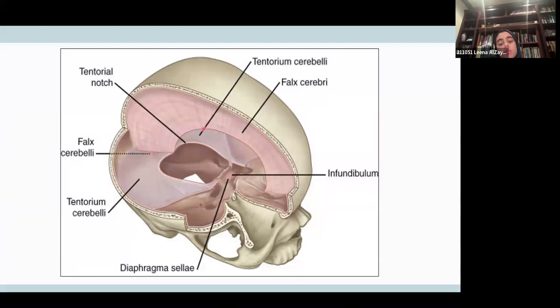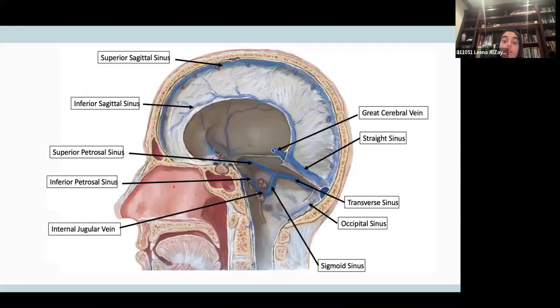This is a reminder of the falx cerebri and the tentorium cerebelli. There's a reminder of the venous drainage. We have superior sagittal sinus, inferior sagittal sinus, and the straight sinus that combines the two, and then we go right and left for the transverse sinuses over here, and then eventually they become the sigmoid sinus. You see how it goes down, and from the sigmoid sinus it drains at the inferior